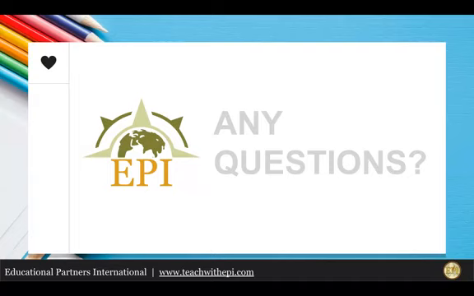Our next question is, is there an application fee? No, EPI does not charge an application fee. Another question we get a lot is about placement fees, and we don't charge placement fees either. So we don't charge placement or application fees, but as you notice in that list of documents, some of those documents do cost money for you to get, usually, such as transcripts, diplomas, credential evaluation, and certified translations, and you will be responsible for paying for those documents on your own, but EPI will never charge you an application or a placement fee.